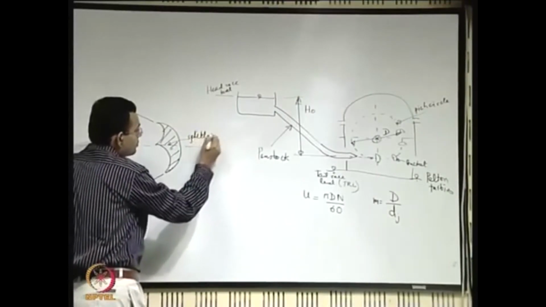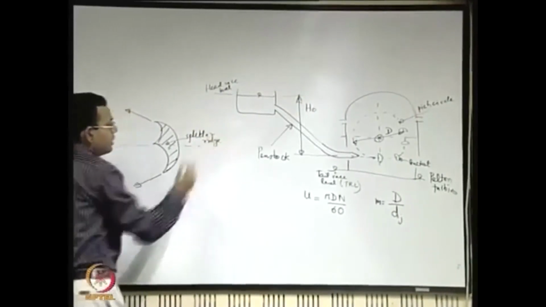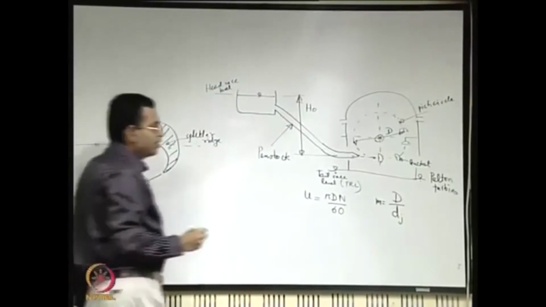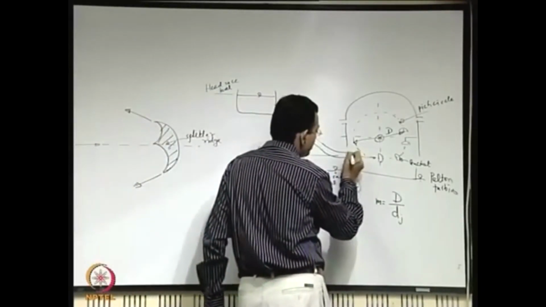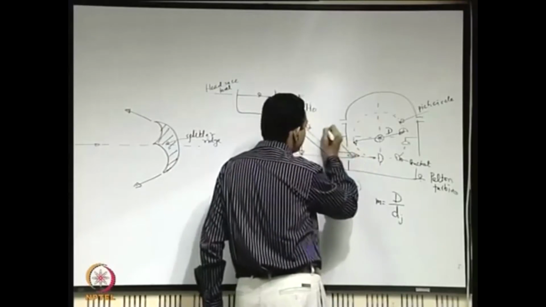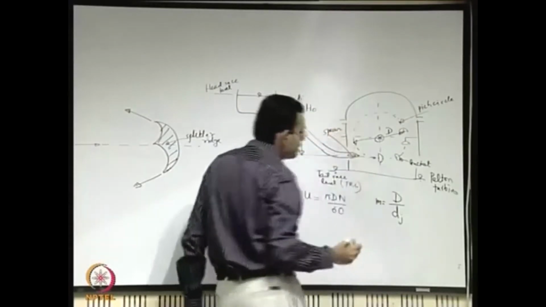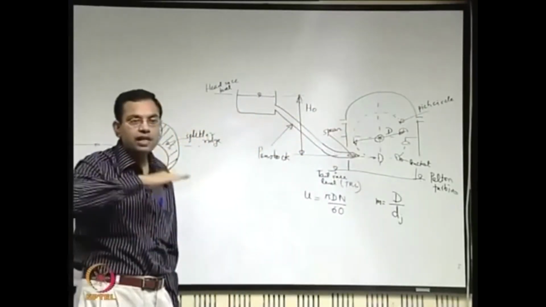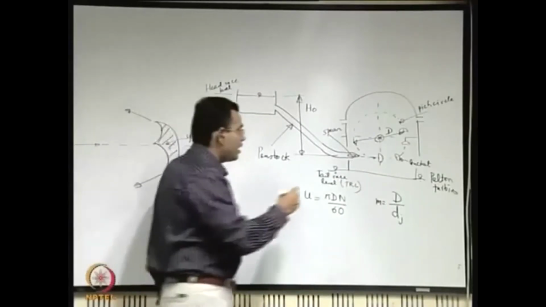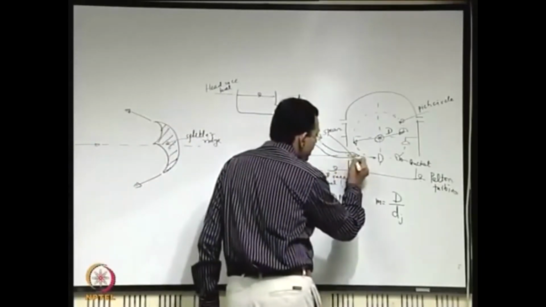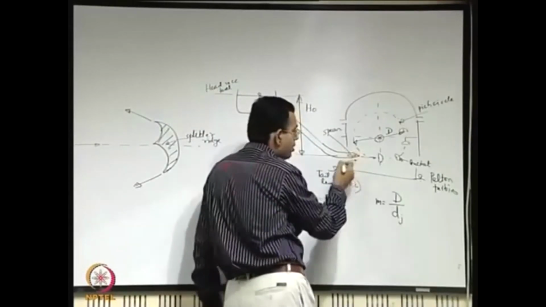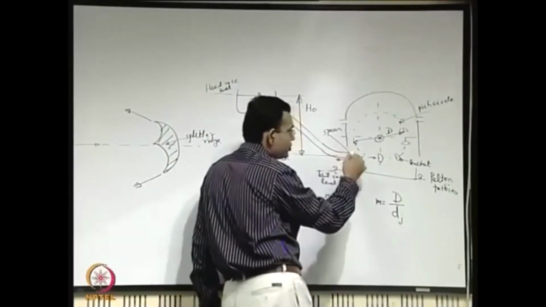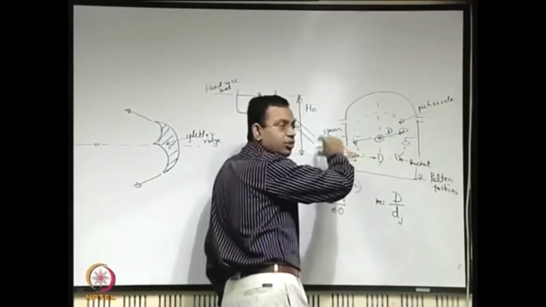The flow rate may be controlled by something known as a spear, which is there in the nozzle. What it basically does is it can move axially in and out. If you take it axially in, it restricts the flow passage. If you take it axially out, it allows more flow passage.